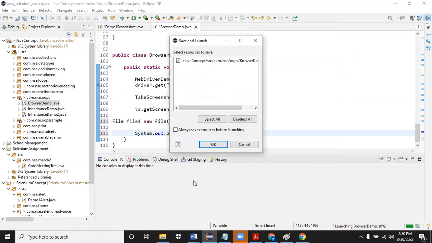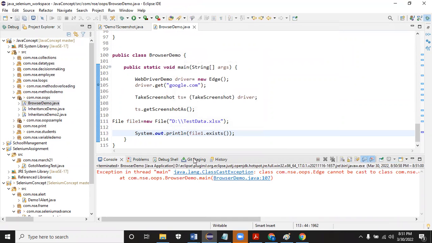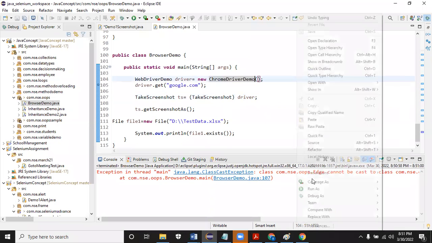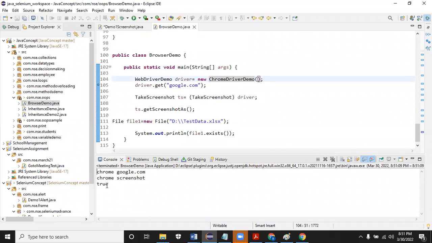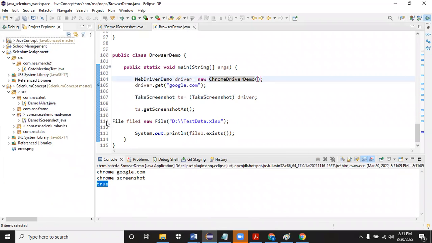It will just tell you whether the file is available or not. True or false, that's what it will give you. If the file is available, it will give you true.